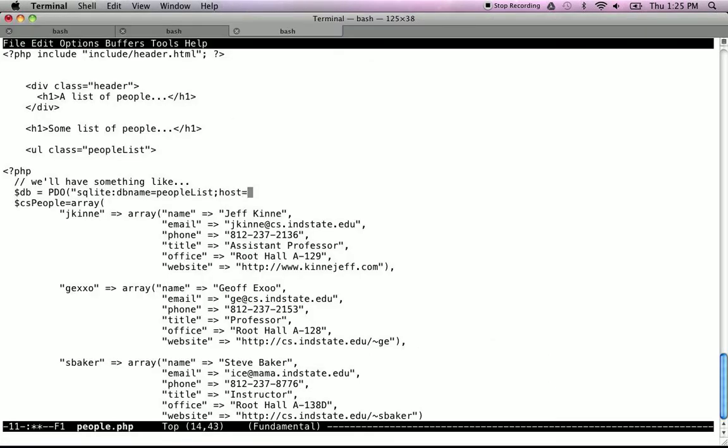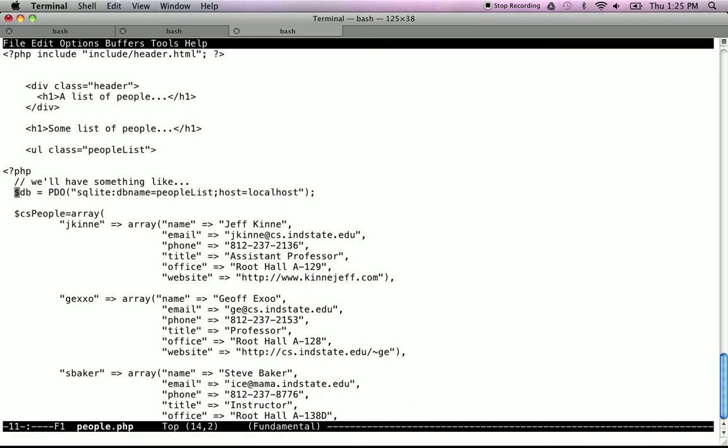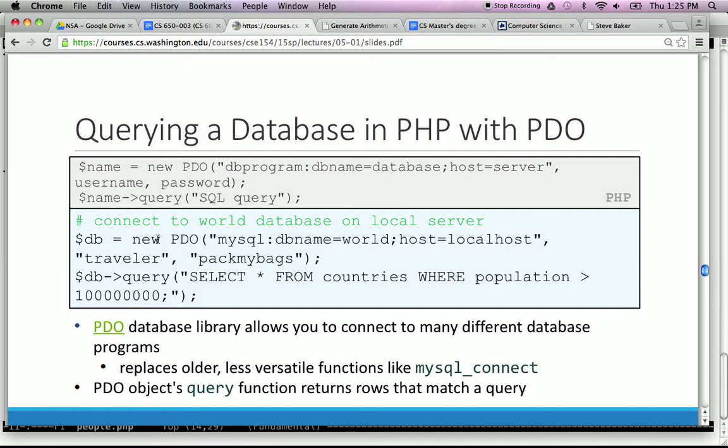Host equals localhost. And then your database could have all kinds of information in it. At ISU, somewhere there's a SQL server running with the list of all the students, faculty, and courses. There are all these different databases. So this is which one, and then we need